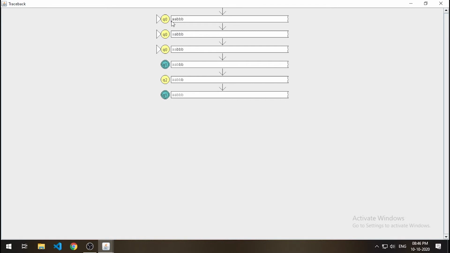This shows how our execution is done. We start with Q0 and scan A, we move to Q0 itself, and then the next element is A, so we again scan it and move to Q0. Then for the B's, we first move to Q1 and select the next B, then we move to Q2 and select the next B, and then we come back to Q1. Therefore, since Q1 is a final state, we accept it.